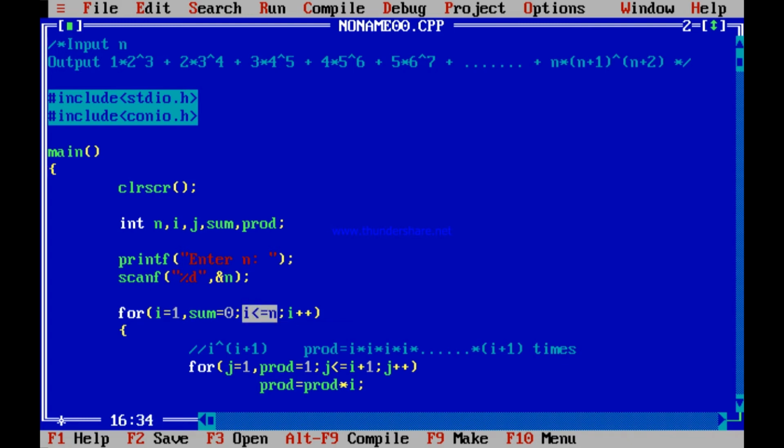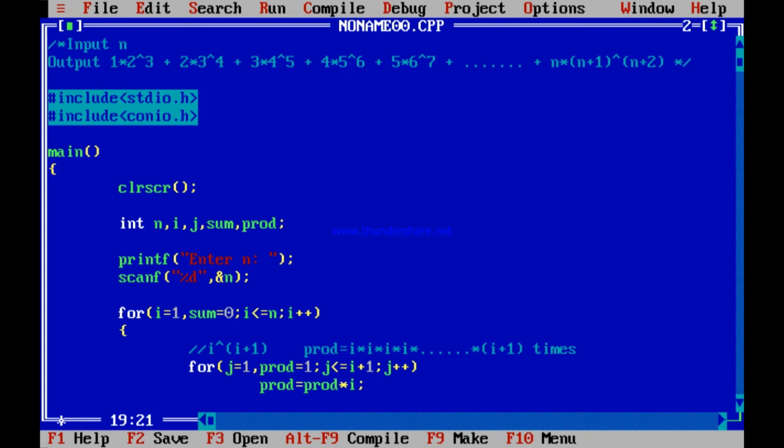So I is iterating how many times? I is iterating n times. So this is I. So every time what do you need to do? Every time you need to do I into I plus 1 to the power of I plus 2. Check out, this is I. Every time you need to do I into I plus 1 to the power of I plus 2. So here you basically need I plus 1 to the power of I plus 2 to be computed.